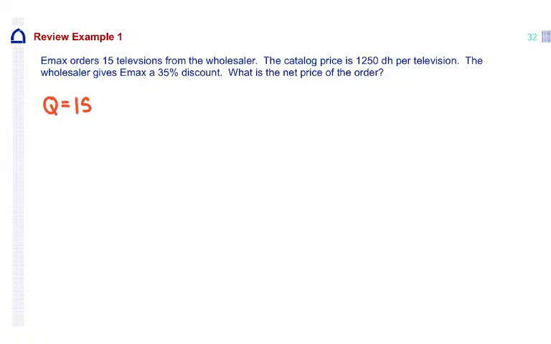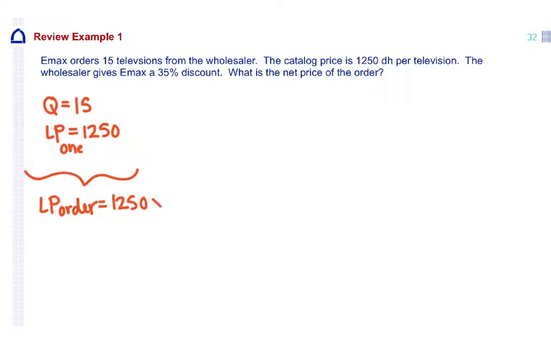The catalog price, which is the same as list price, the expensive price, is $12.50 each. So this is the list price for one item. Before we move forward, we can say the list price for the whole order is going to be the list price for one, times the quantity. So the list price for the whole order in this case will be